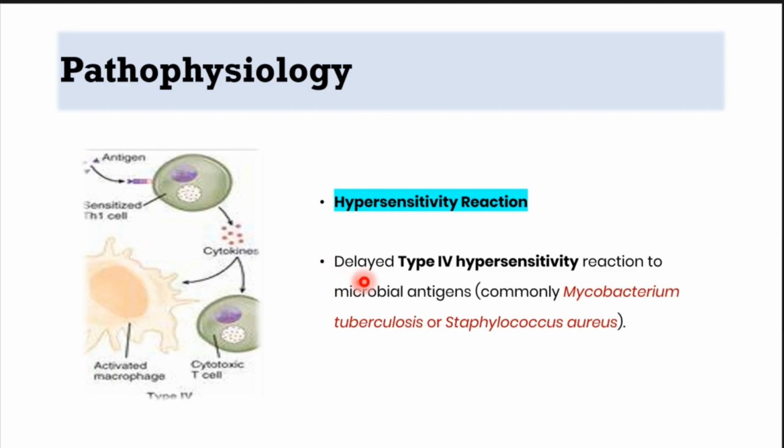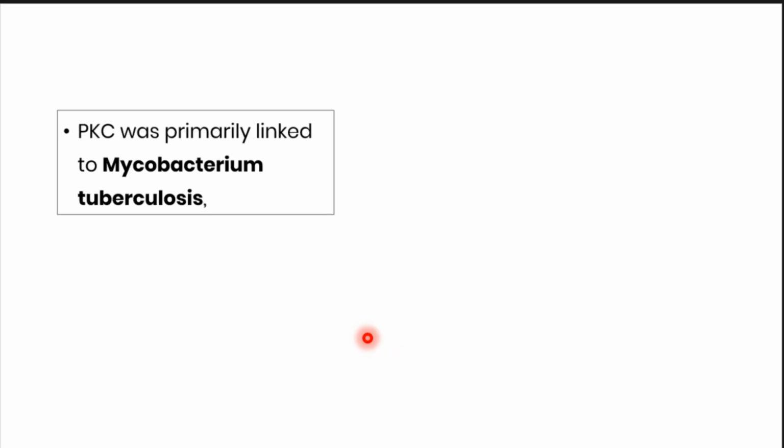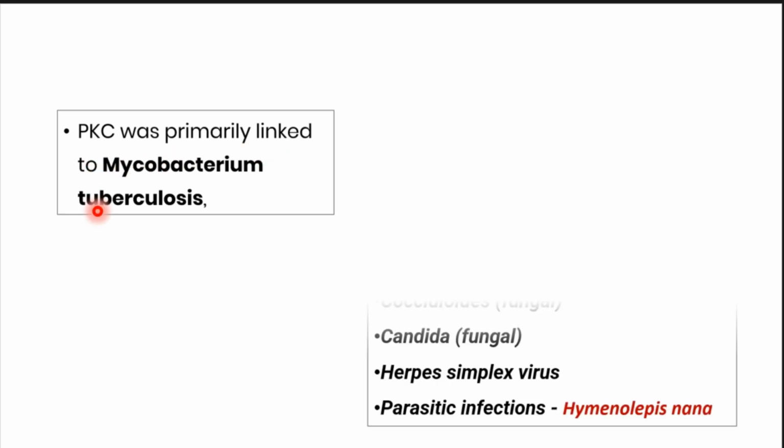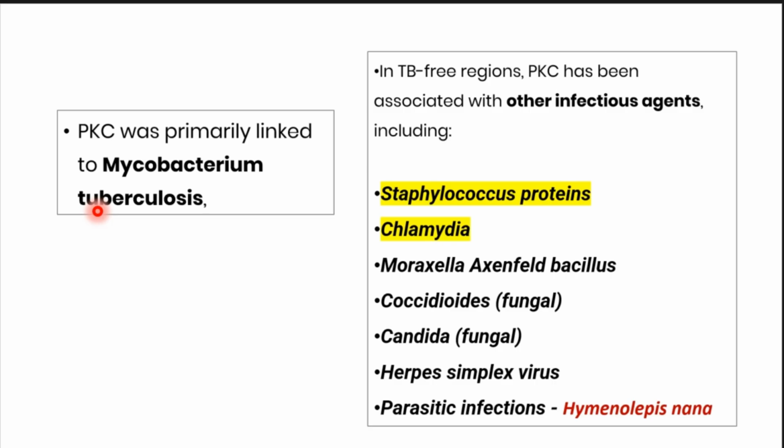This occurs as a delayed type 4 hypersensitivity reaction to microbial antigens, commonly Mycobacterium tuberculosis or Staphylococcus aureus. PKC, that is Phlyctenular Keratoconjunctivitis, was primarily linked to Mycobacterium tuberculosis. However, with the improvement of living standards and also in TB-free regions, PKC has been associated with other infectious agents as well, including Staphylococcus proteins, chlamydia, Moraxella, Koch-Weeks bacillus, coccidioides, Candida, herpes simplex virus, and parasitic infections like that with